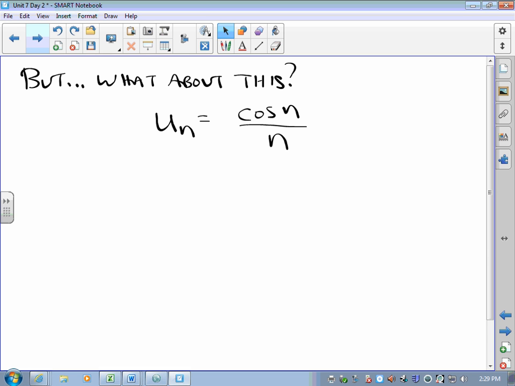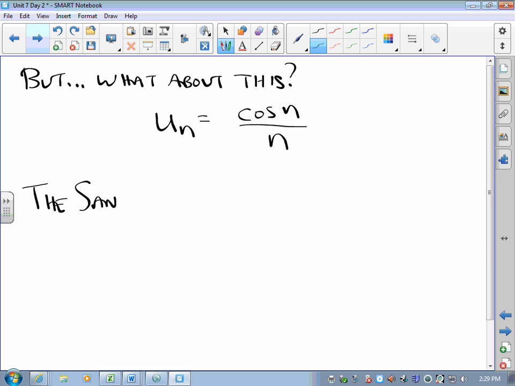The denominator is getting bigger and bigger and bigger. So the denominator is definitely growing. The numerator is never going to be bigger than 1, and never going to be smaller than -1. And so I think we can say this converges, but to do that,